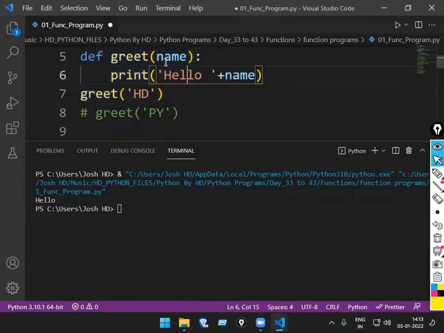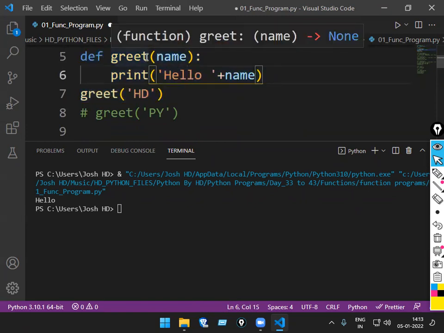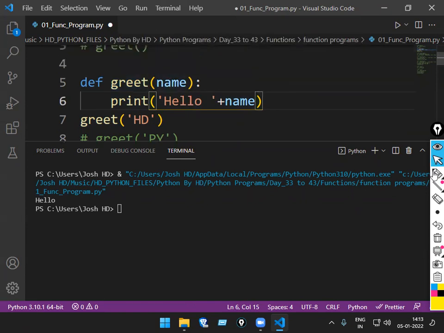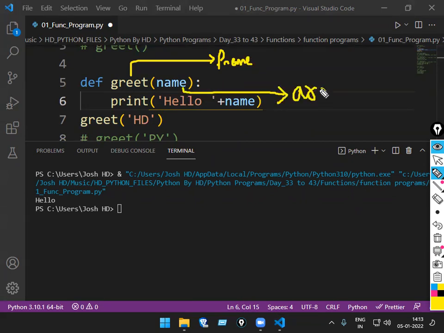Now in the function, how many arguments have I passed? This is called an argument. Let me write here. First of all, function name, in short f name, and this is called an argument.